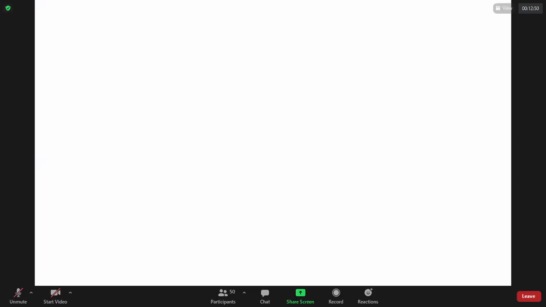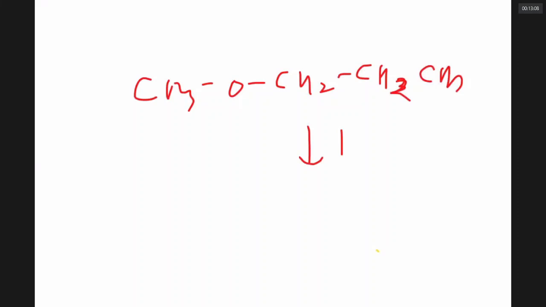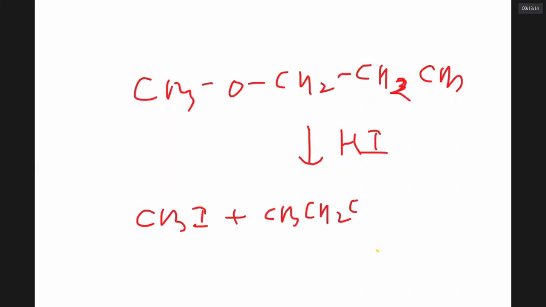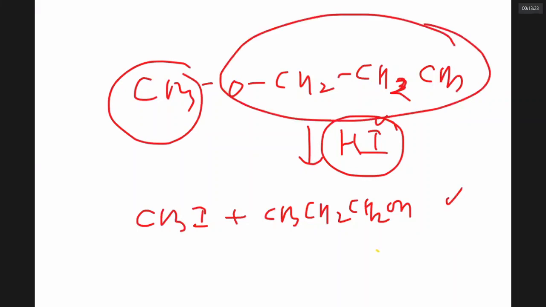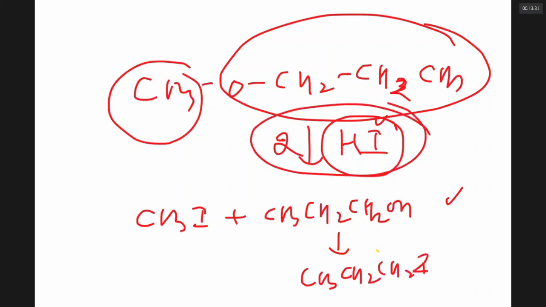So let us see. I was talking to you about reaction of ethers. Reaction of ethers with HI is called the Zeisel method. The Zeisel method is actually converting ether into alkyl halides. Sir, if you have this ether, when you react with only 1 mole of HI, you get a methyl iodide and a propanol. The general rule is when 1 mole of HI reacts, the simple alkyl group will take iodine. The bigger alkyl group will become alcohol. However, if you take excess of HI, both fellows will become alkyl iodides. So it all depends on how many moles of HI you are reacting.